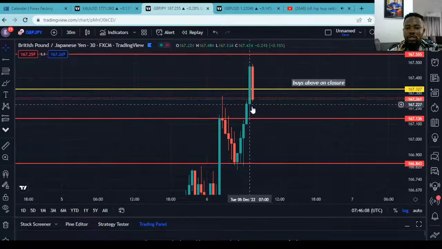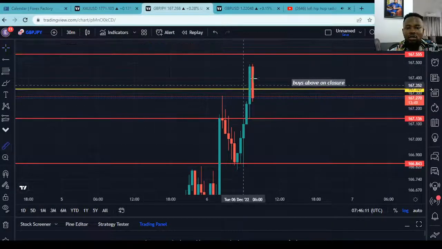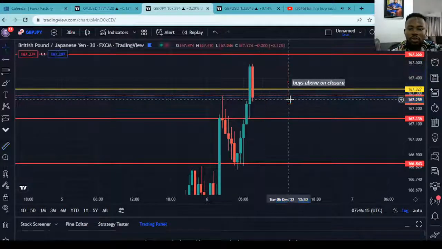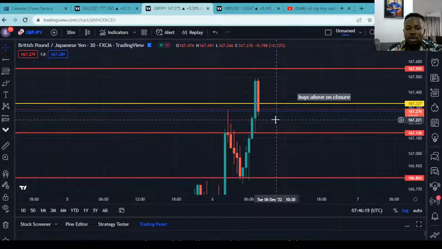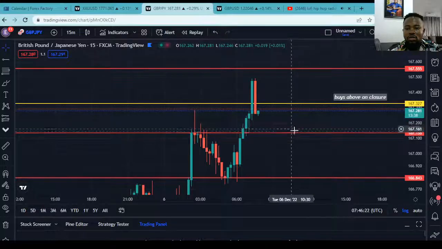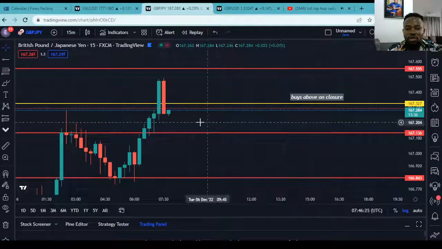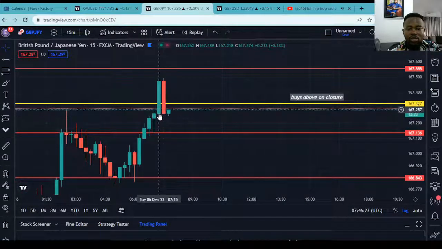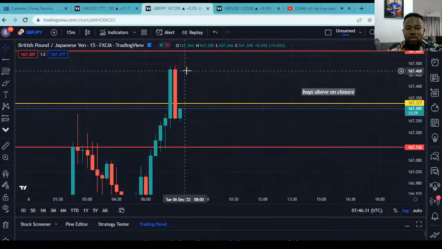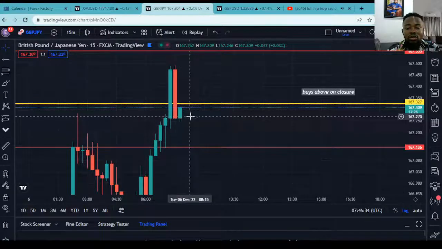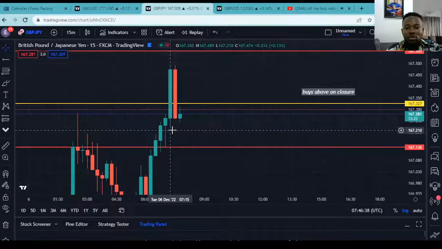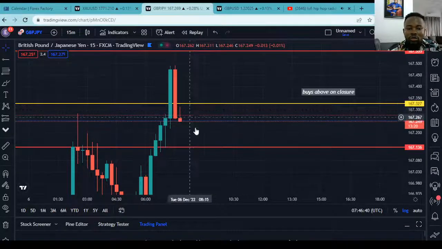But if we still respect this area here, I think our stop loss is not very big. We have about 26 pip stop loss. Ideally, I want 15 minutes candles to close. Okay, this 15 minutes candle closed without a bottom wick, right? So we could still have a move to the upside, because when candles close without a bottom wick or a top wick, the next candle doesn't have a range to continue in that same direction. But let's see